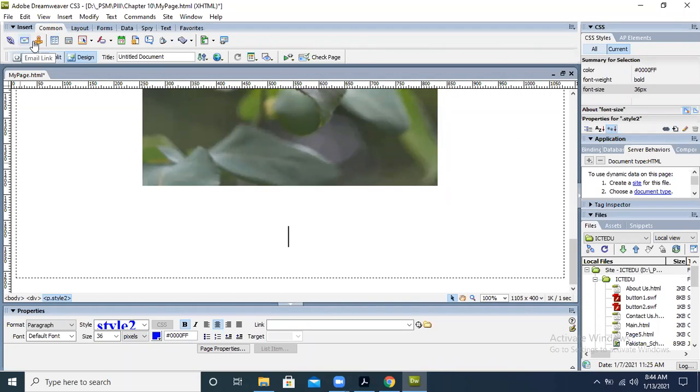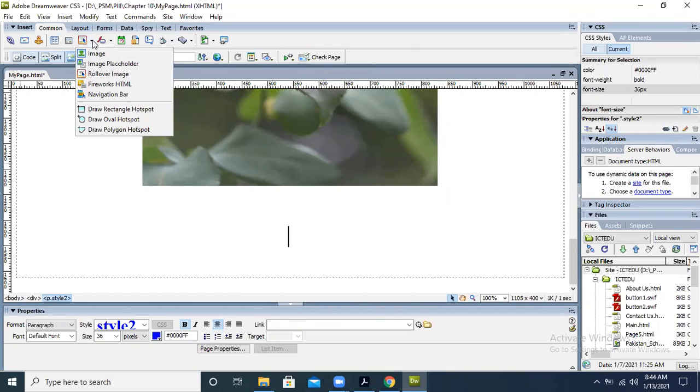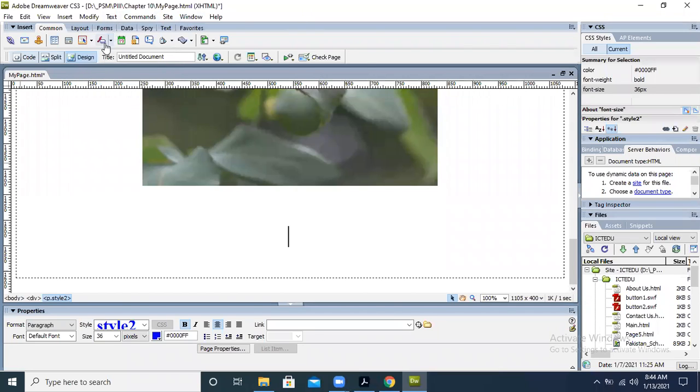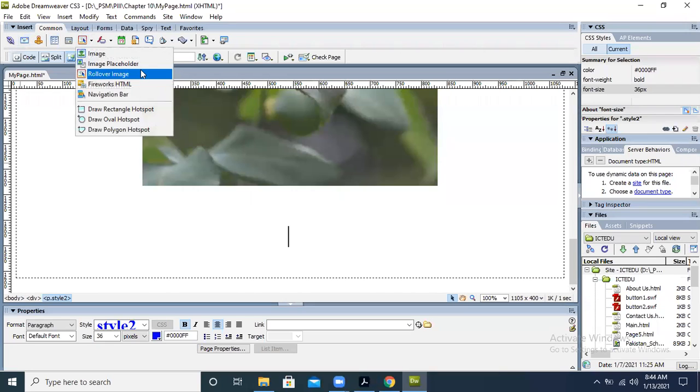Over here you will find different options. So Image is there, and in this Image you will find the Image Placeholder.